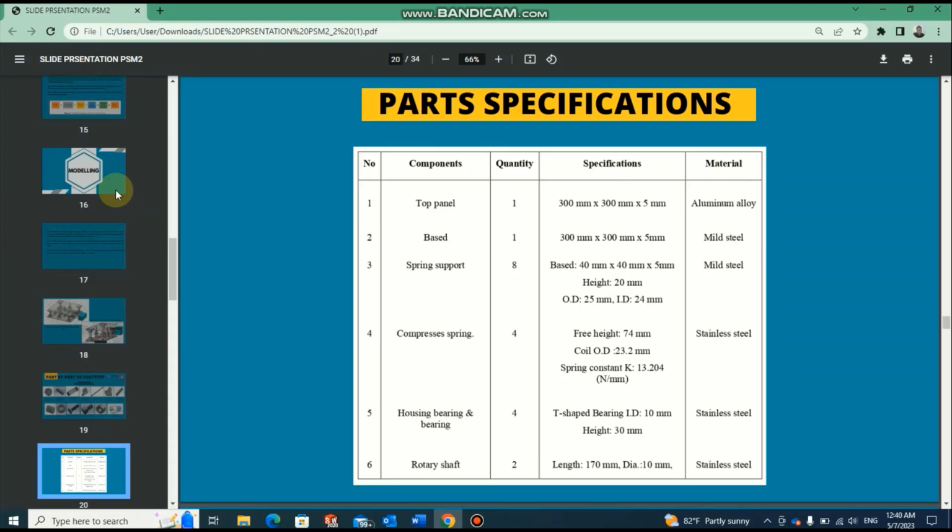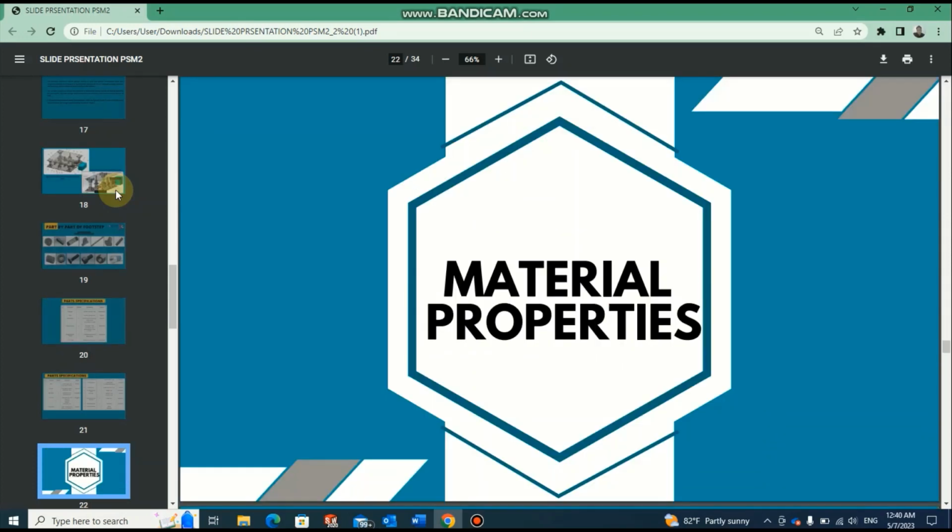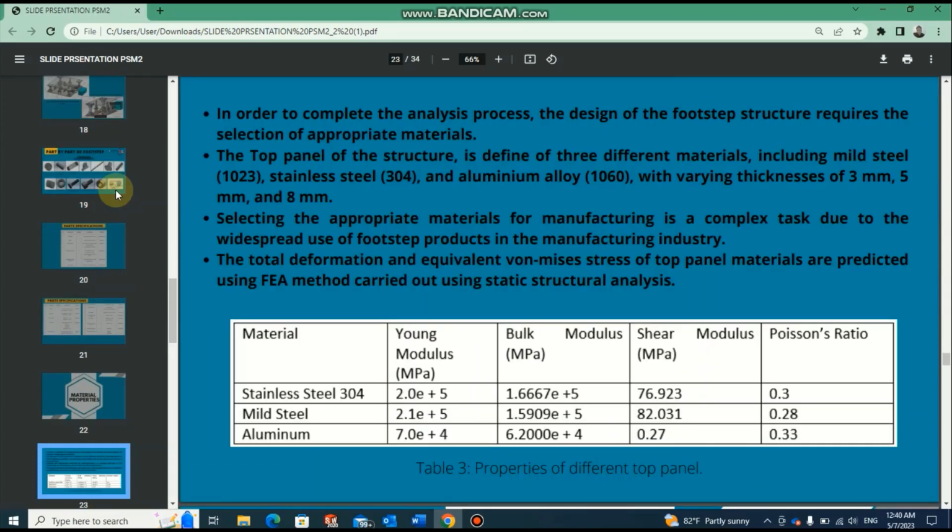Okay, this is the part BOM list. Okay, so all the part BOM list. Okay, material properties, we use three. Actually, we want to analyze the tabletop of the